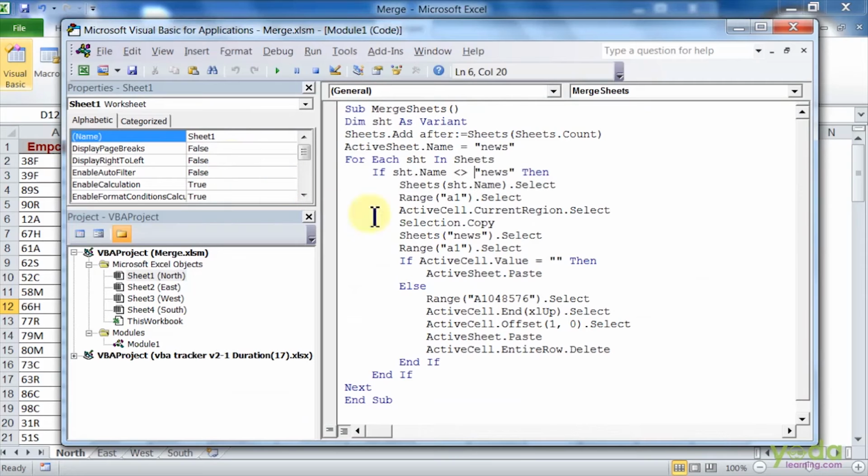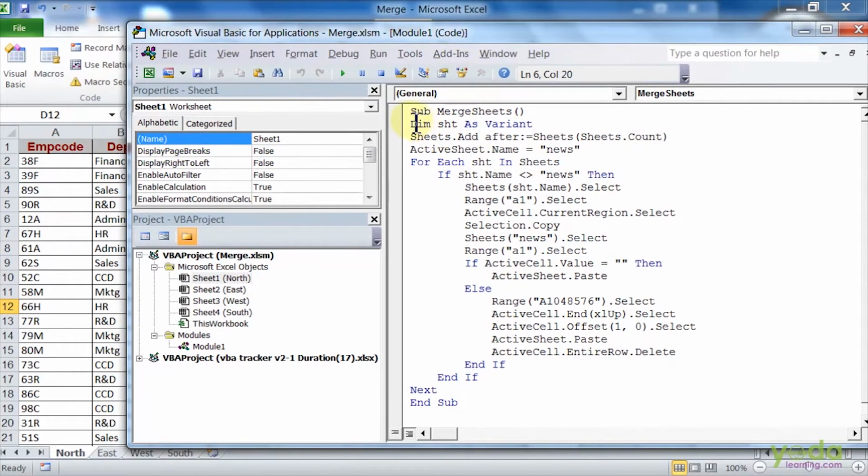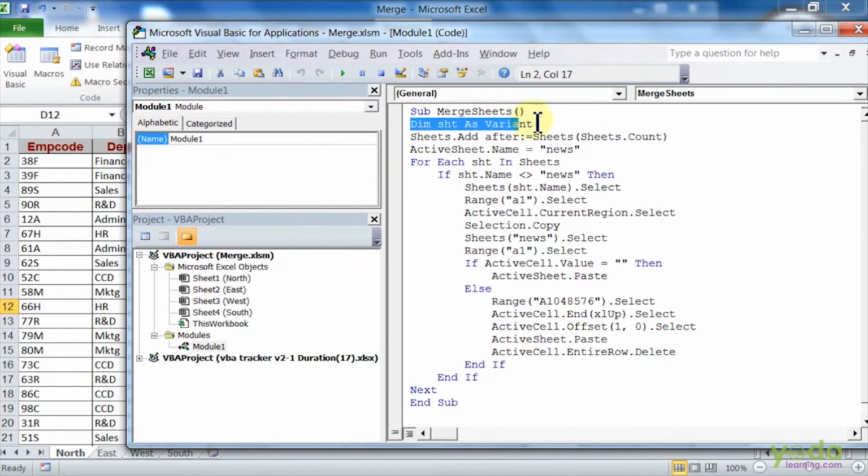Now for that you need to run the following code here. Here I have assigned a variable to a sheet, that is SHT as a variant. I have added a new sheet after all the sheets.